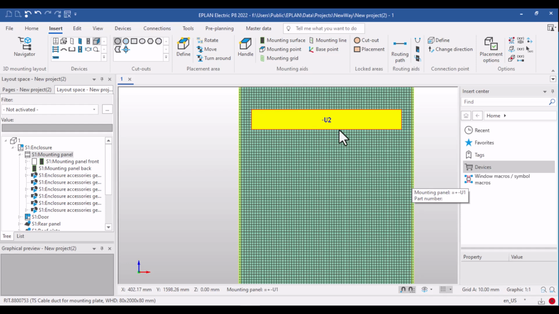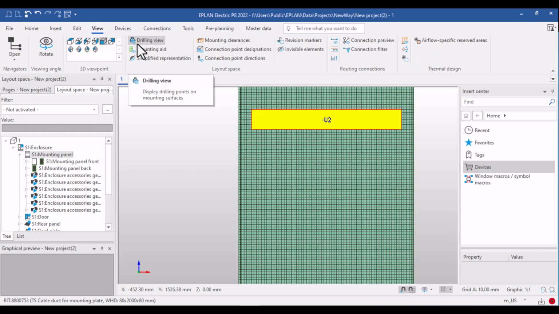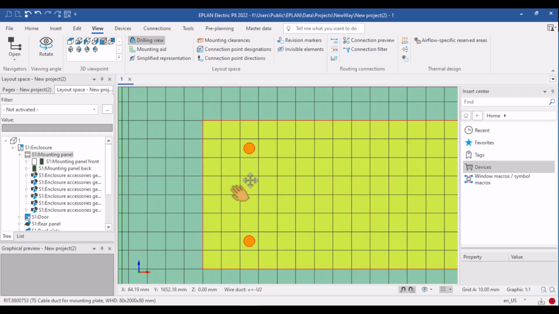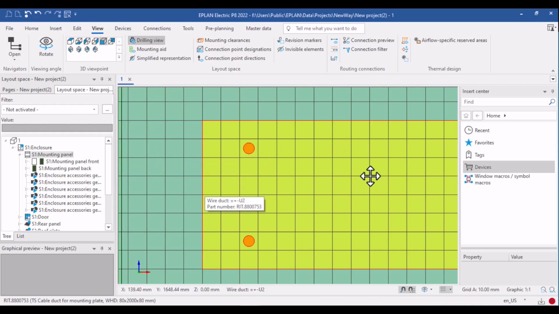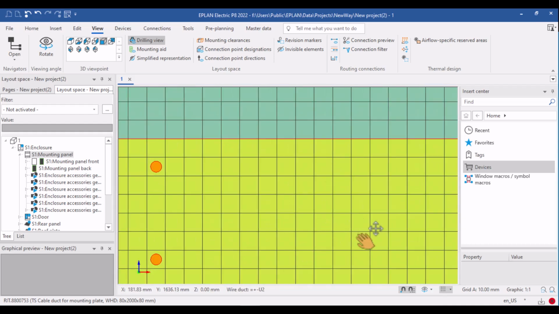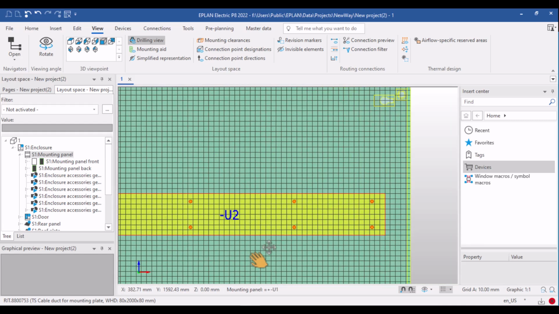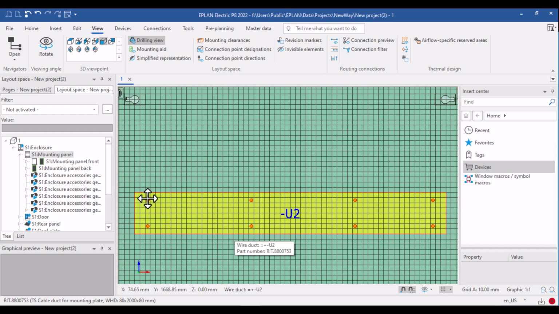If you want to show the drilling for this duct on the mounting view, all you need to do is go to View and choose the drilling view. All you need is to press this button. You can find here the drilling view. You have two bullet points to drill the duct to the mounting panel, and the other two right there, and so on. To change the spacing between the drilling points, all you need to do is double click on it